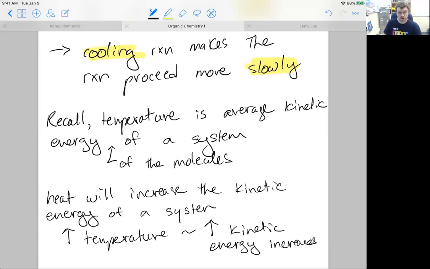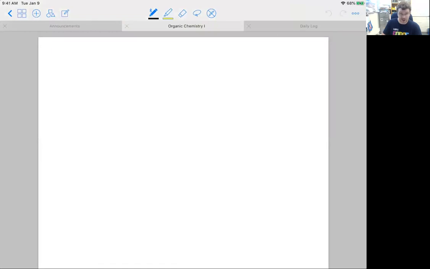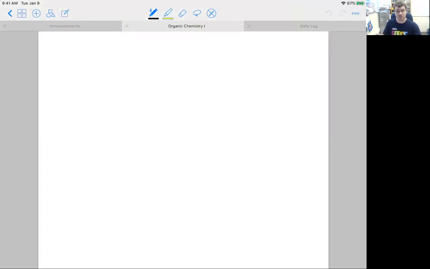So more heat equals more movement of our molecules. Now, a reaction is generally the collision of a few molecules. Sometimes it's the breakdown of one molecule, but if you have some reaction A plus B goes on to C,